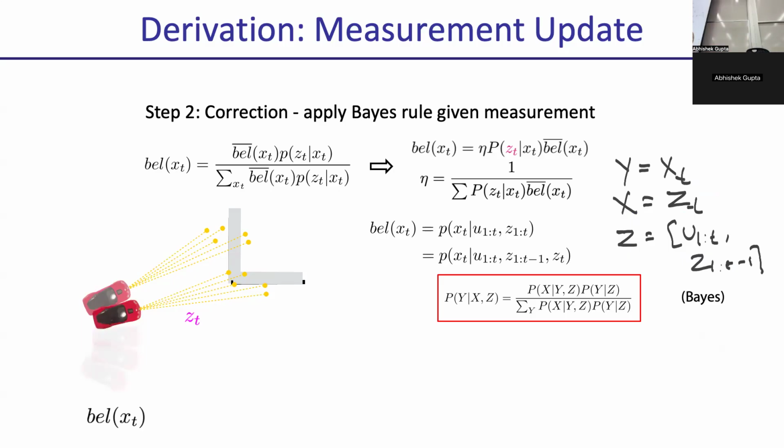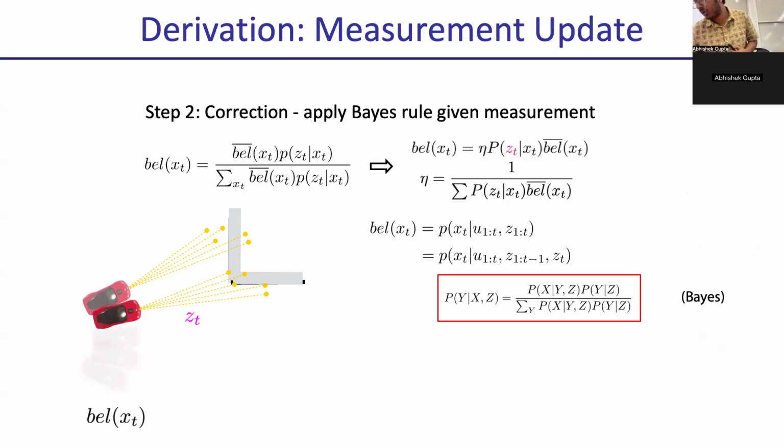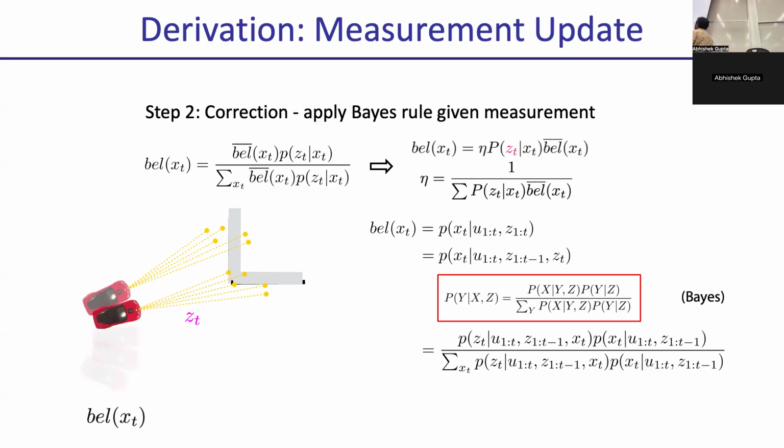And the intuition of why you want to do that is because you really care about expressing this is the history that you had until belief bar, and so you just want to keep that as conditioning, but you want to express x given z in terms of z given x because that's your measurement model, right? And so we're going to take this belief and try to stick the measurement model into it by using Bayes' rule, right? So we're just literally going to apply Bayes' rule, right?